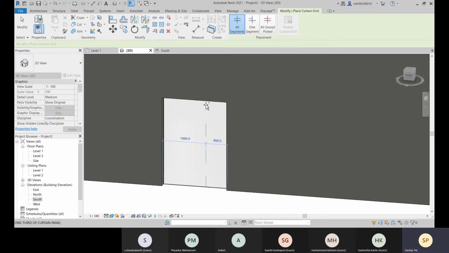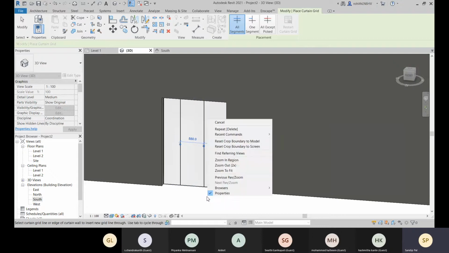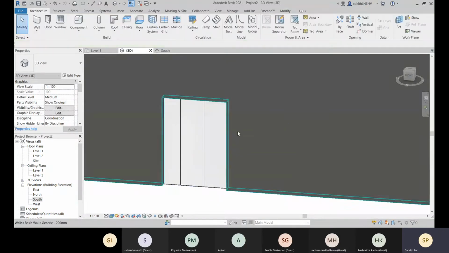And if you place your mouse on the horizontal sides, then you can place your grids vertically. Okay. Now let's place one. And after placing this, you can also change the gappings.